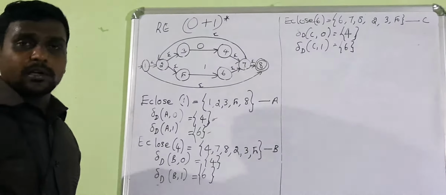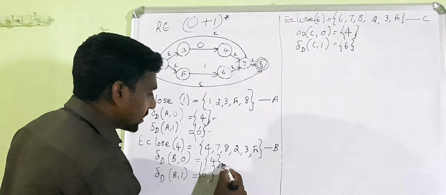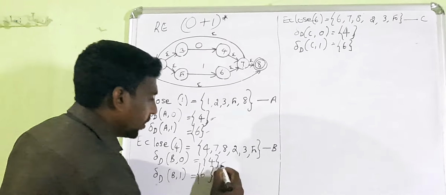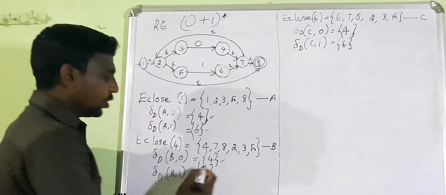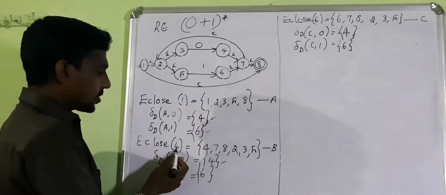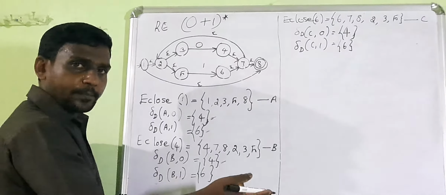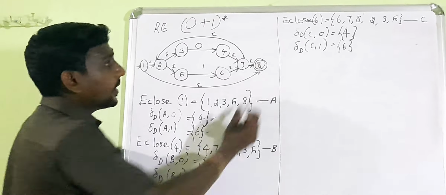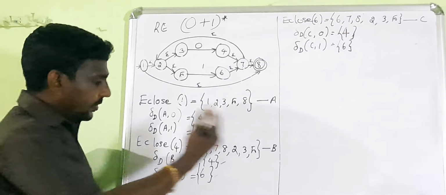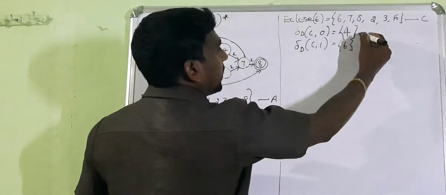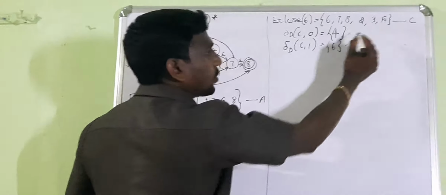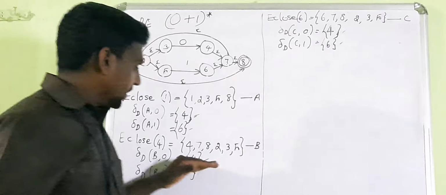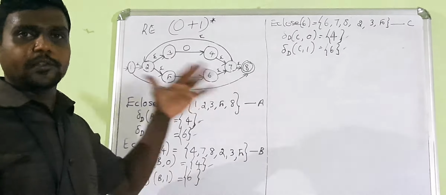Then next, the e-closure you have to find is not this e-closure you want to find. E-closure of 4. Okay, that's what you get, 4. You have to check whether we have found the e-closure of 4 already. Yes, here it is, the e-closure of 4. So no need to find it once again. Then you come to this state, e-closure of 6. Already we found e-closure of 6. Then we go here, e-closure of 4 already we found. Then e-closure of 6 already we found. So we can stop finding e-closure. Clear? If a new state comes, we have to find the e-closure once again.